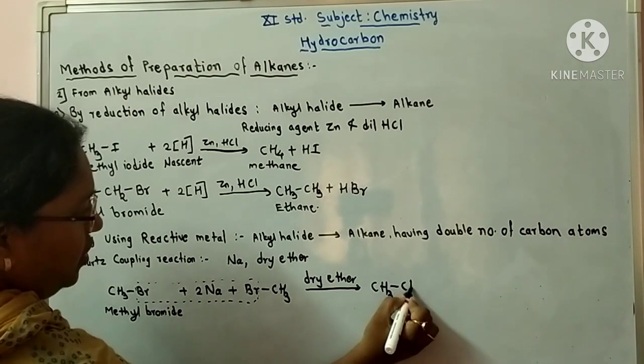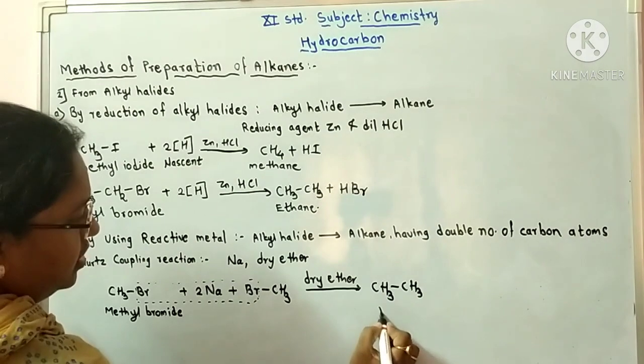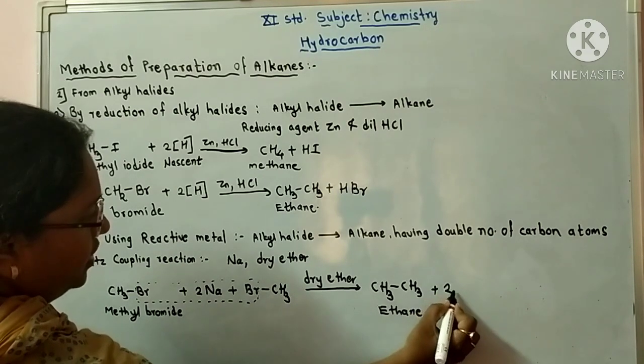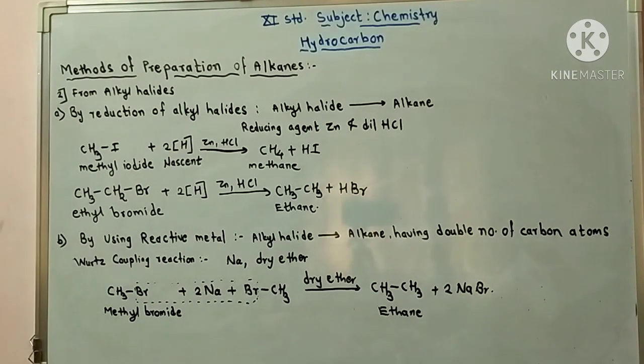Ethane is formed in the product, an alkane which contains double the number of carbon atoms, that is 2, plus two NaBr. So the alkanes which contain an even number of carbon atoms are formed by using sodium metal. Wurtz synthesis or Wurtz coupling reaction is used to prepare alkanes containing an even